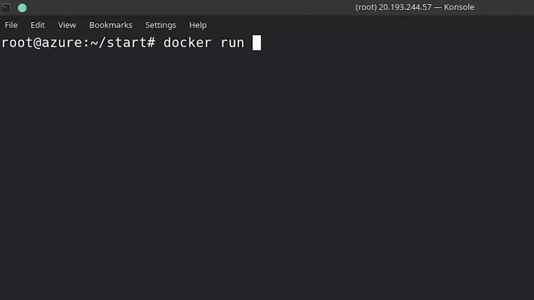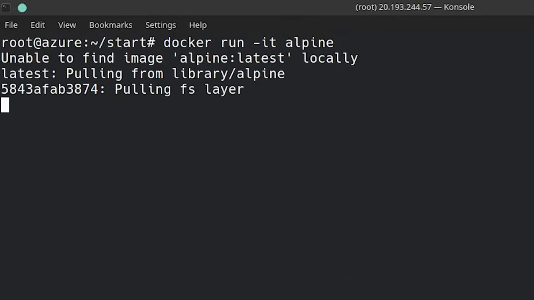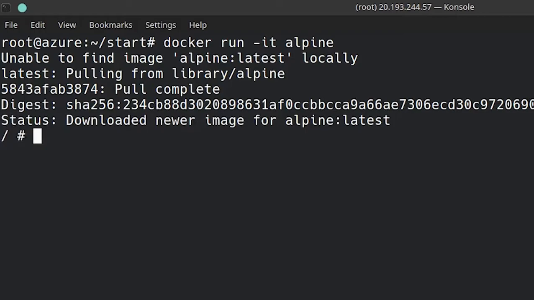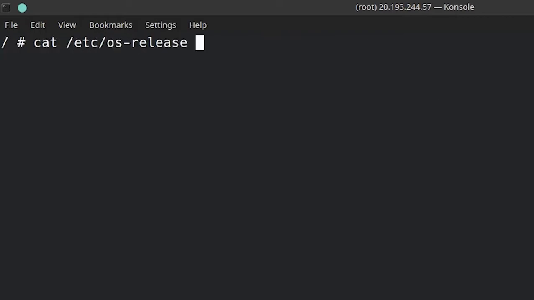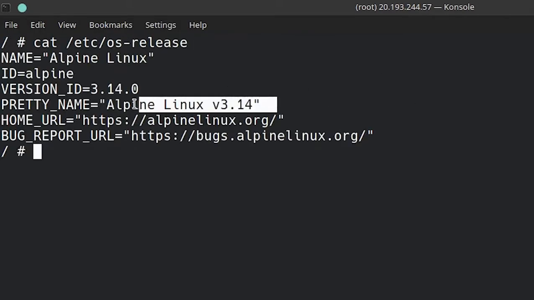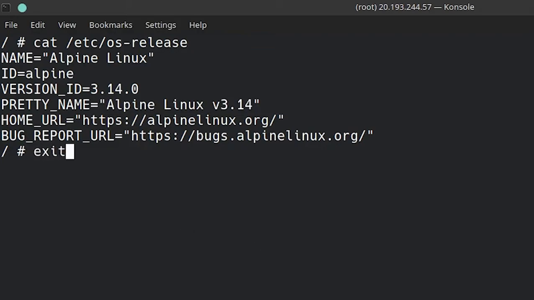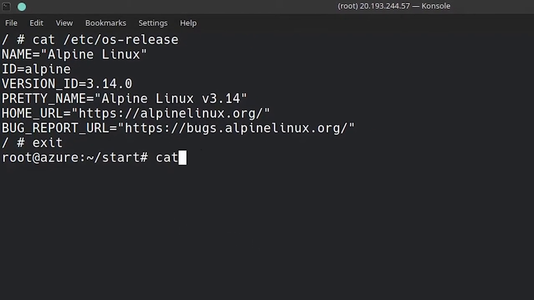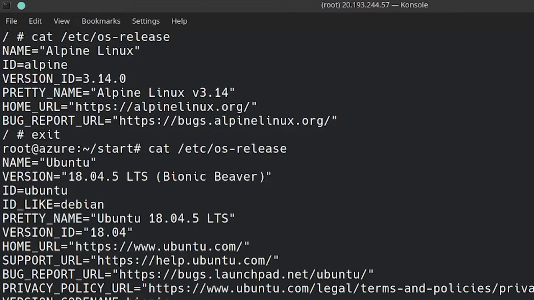Let me start by running a container first. As you can see, I've just run the container and it booted up within seconds. On checking the OS version of that container, it came out to be Alpine Linux. And on exiting the container and running the same command on my host machine, the version came out to be